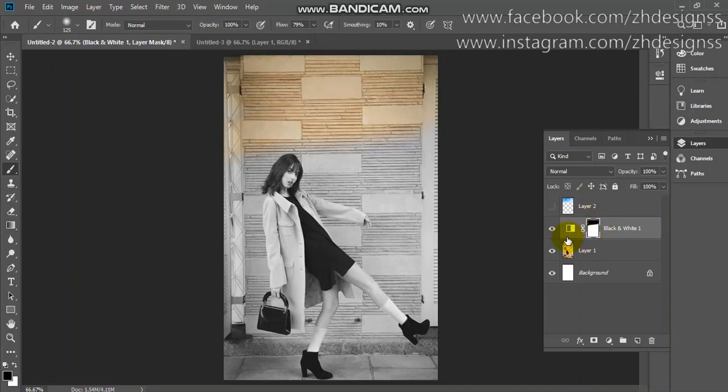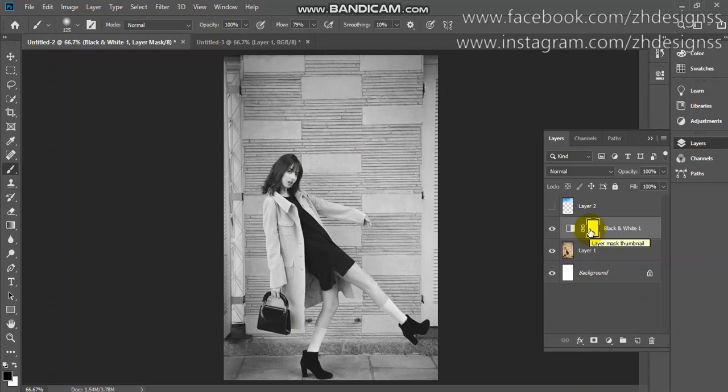Actually it works on the layer on which you are adding your layer mask. On the previous image we added a layer mask on the image, therefore it was removing and reapplying the image. In this example there is by default a layer mask on the filter, which is the black and white filter. So if you work on it, it will remove and apply your effect, your black and white filter. So again I press Control Z.